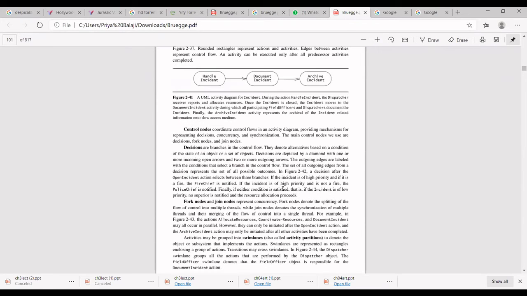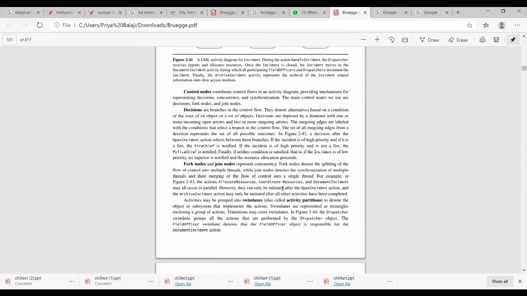Here we are going to discuss what are control nodes, means what is the control flow. What is a decision? Decision means branching. If this is true, what I have to do. If this is false, what I have to do. You did the same thing in your library management also. If the user already has a username, then directly he can go for searching the book. If he does not have a username and password, you have to create one and then go for searching books. That comes under your decision.